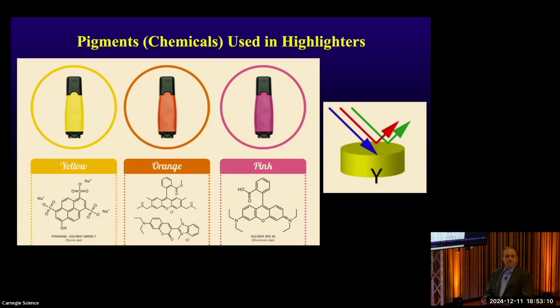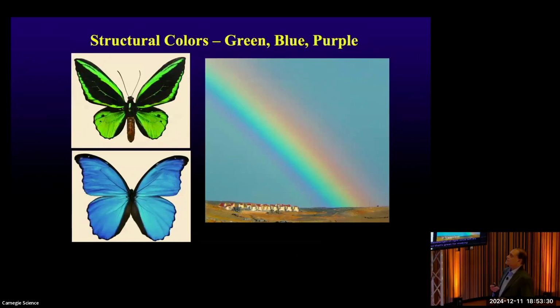So if you have white light shining down on something and you absorb blue light out, then you have red and green that are reflected, and you perceive that as a yellow color. So that's how pigments work. They're individual molecules that absorb a particular wavelength of light, and what's left that's reflected gives you a color, okay? So that's great for making a lot of colors. But it turns out that for biological things, it's very hard to make pigments that absorb red light. And so you need to absorb red light if you're going to be green and blue. But butterflies can be green and blue. Lots of things can be green and blue. How do they do it?